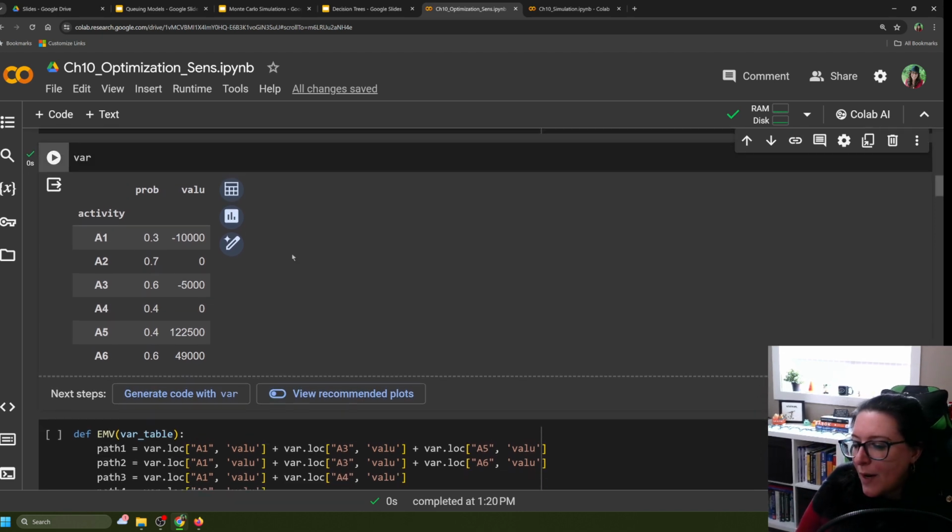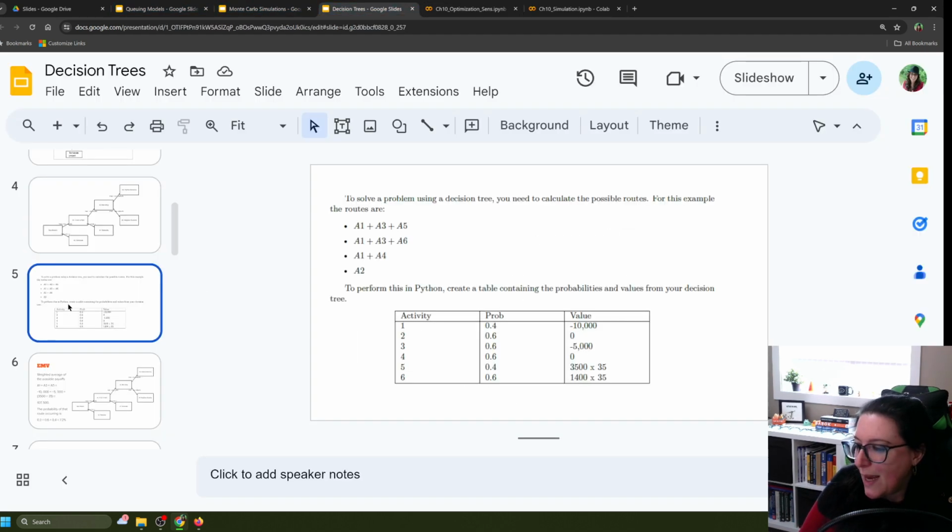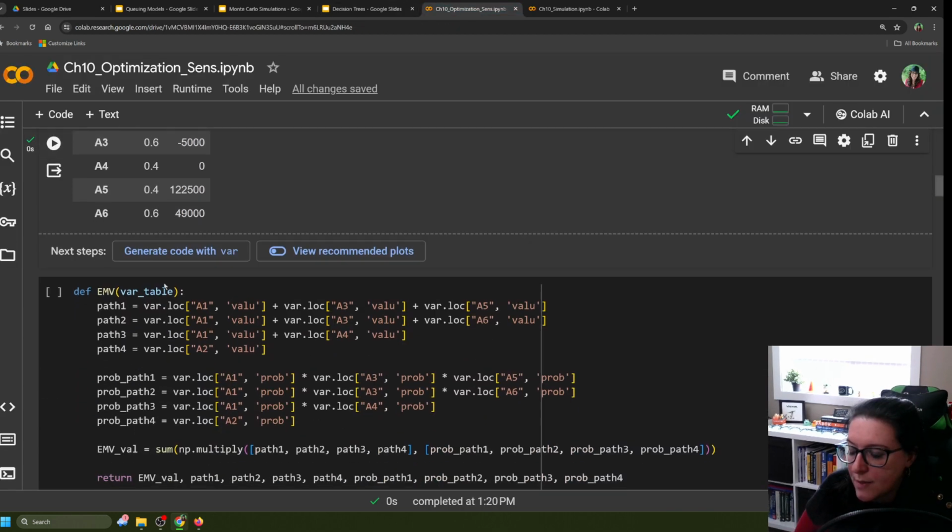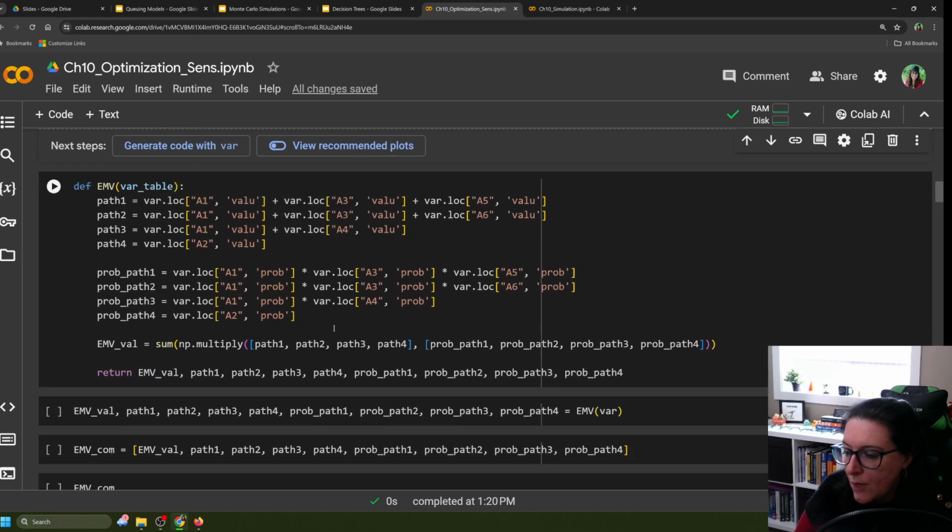Okay, so now that we have this table here of our activities, probabilities, and values, what we want to do is list out the possible routes, and then calculate that expected monetary value if we go down those different routes. So let's look at how to do that. So I'm going to define here